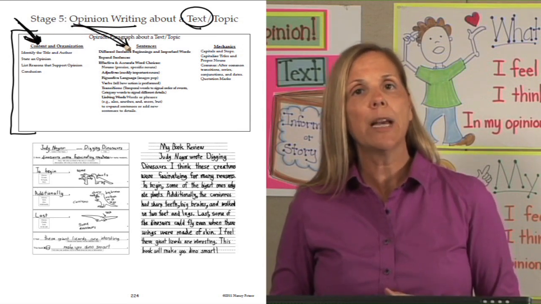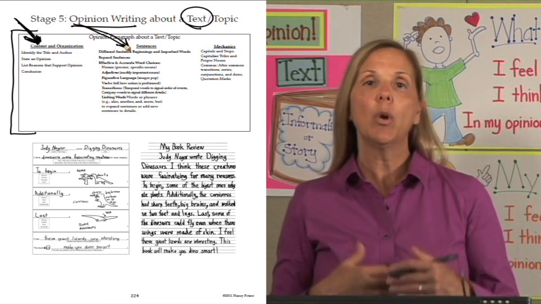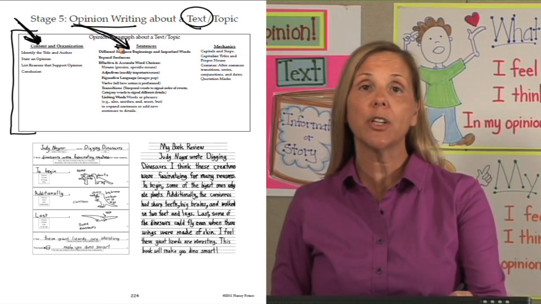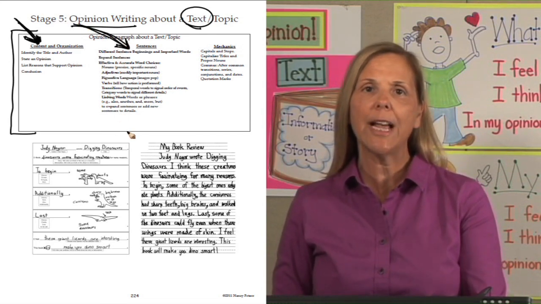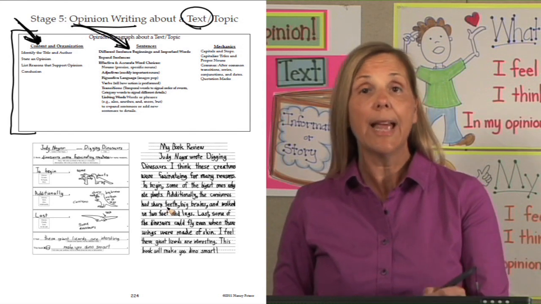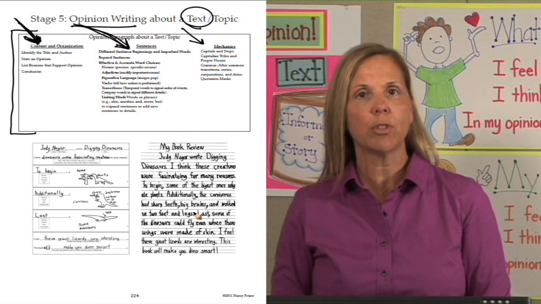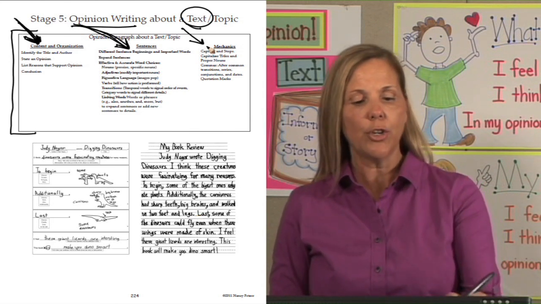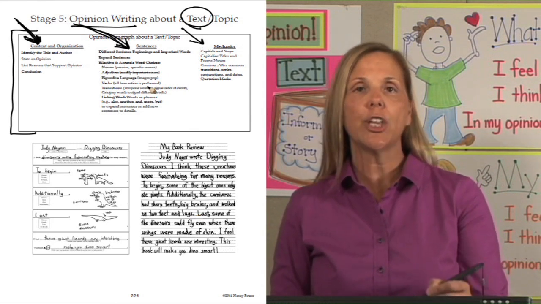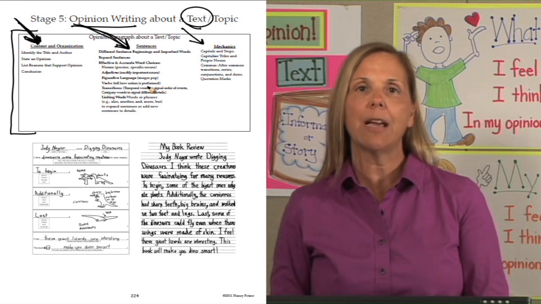You also want to be able to analyze their sentences. What skills do they have in place when it comes to their sentences? So you can use your checklist to make sure that those are in place at this stage. And finally, mechanics. What should you expect students to have in place at this stage? You're using this checklist to go to their piece of writing to make sure that they have all the skills